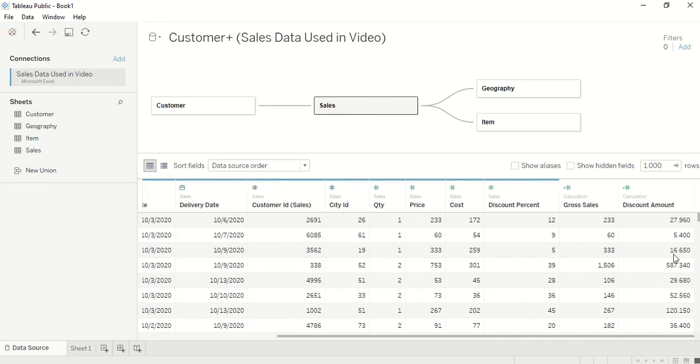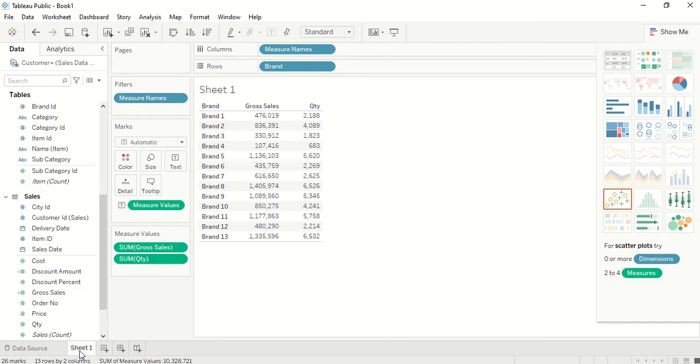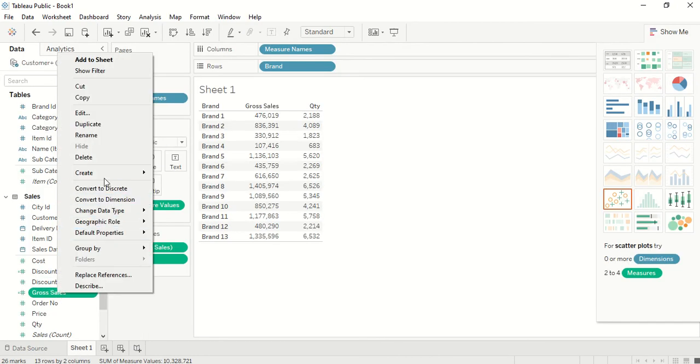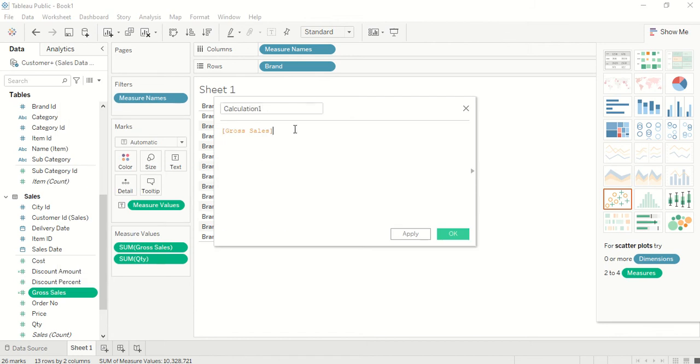And see, it's already detected this as a decimal number, and we are getting 3 decimal number. So now we got the gross sales, we got the discount amount, and we know what net sales is now. Net sales is nothing but gross sales minus the discount amount. So again, I right click and say calculated field, so I'll get gross sales out here, and then I can simply say discount amount.